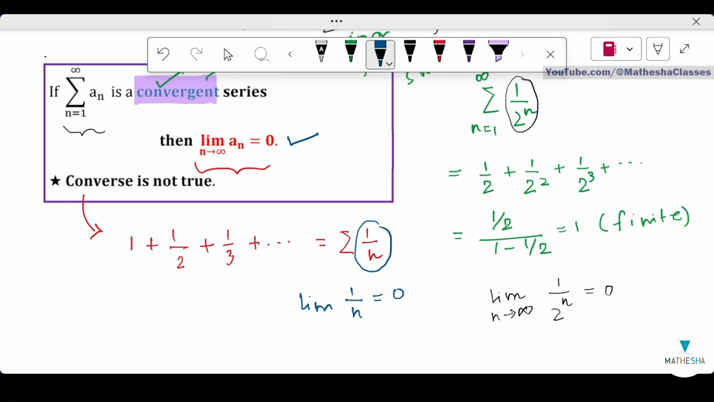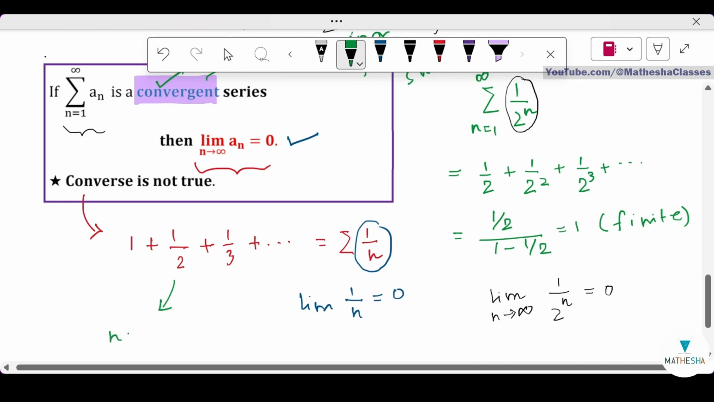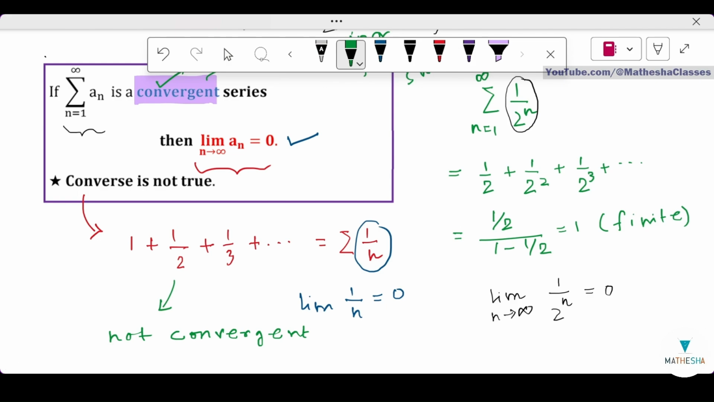But this series is not convergent. This is a famous fact that this series is not convergent. इसका sum finite नहीं है. So that is the counter example for the converse. Well, that much we require for sequence and series part. Let us now move to the